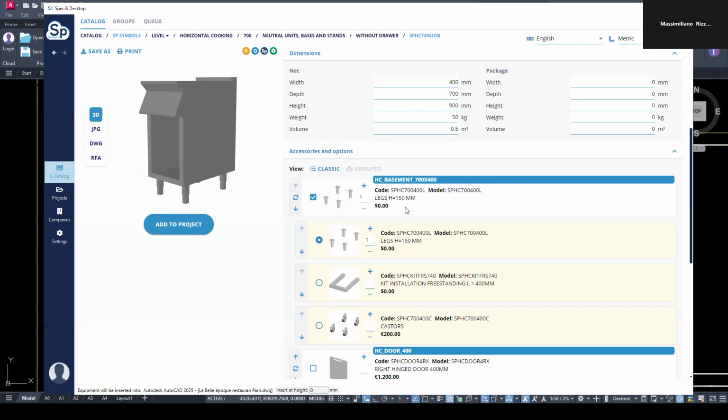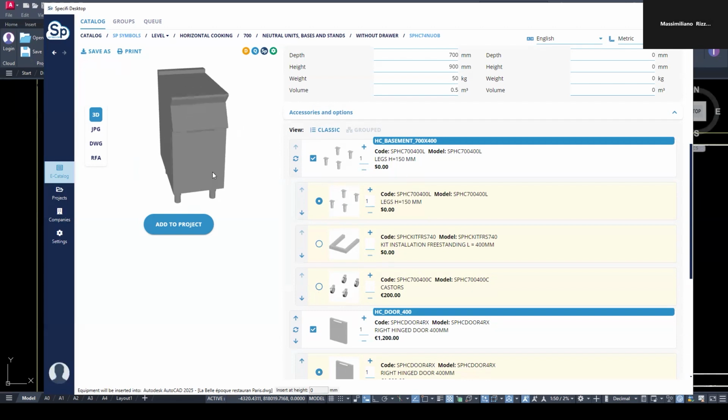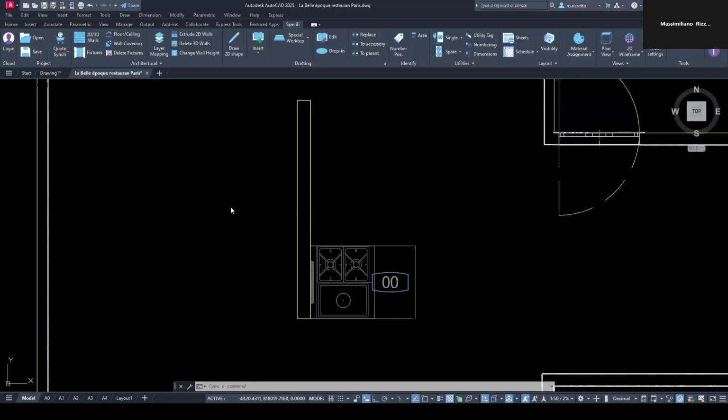And as you can see now, if I want to add, for example, as an accessory, I want to add also the door, just checking the door. As you can see in the preview, you can see how your item will look, okay? Now, if you want to insert, you just have to click Add to Project. I click Add to Project,